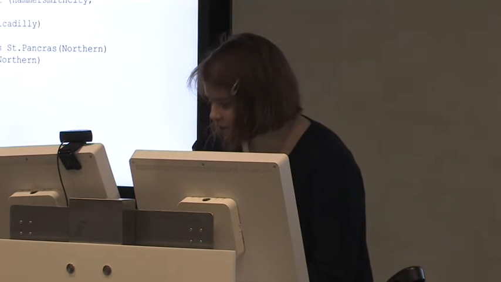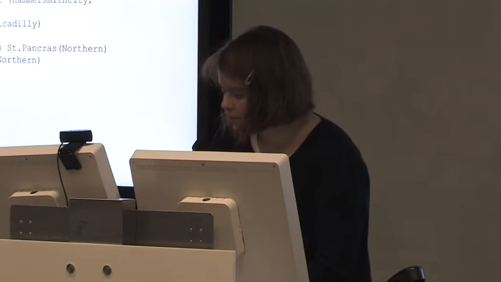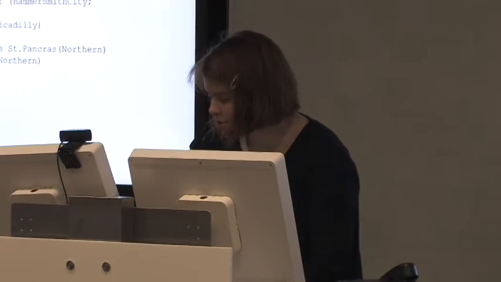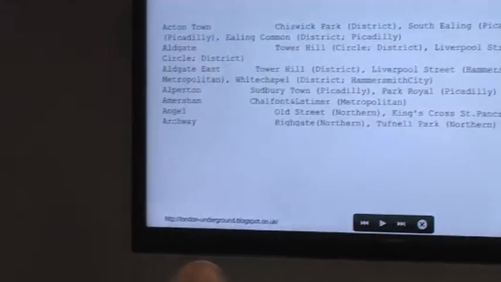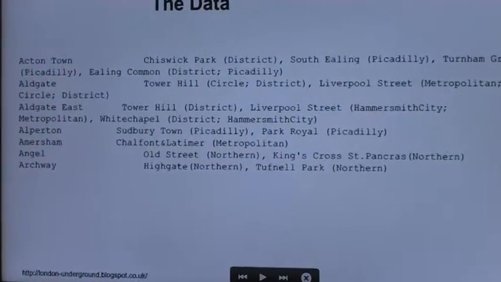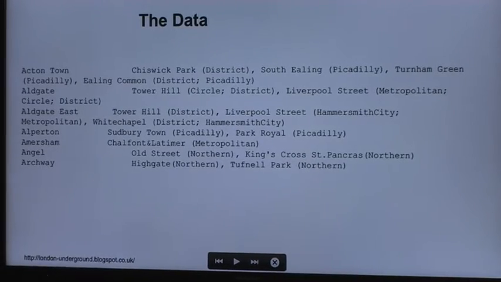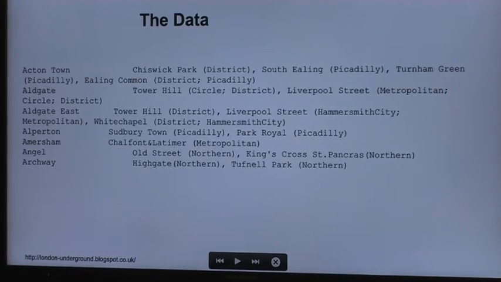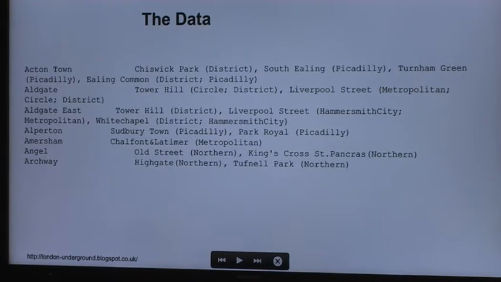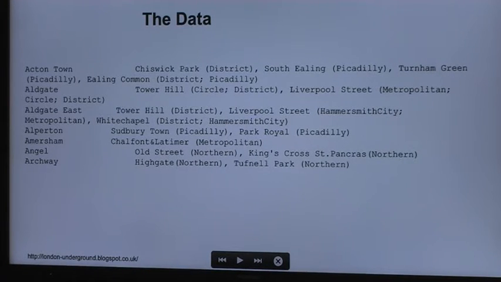So basically, this is what the file looks like. For every single one of the almost 300 stations on the Underground, you define the station, you define its neighbors, and then the tube lines that go to those neighbors. And I just realized that I misspelled Piccadilly line. I apologize to any Piccadilly line fans, this was not intentional. It's a difficult word. Anyway, this is what my data file looks like, and you can then write some simple Python functions to parse this into a graph object.